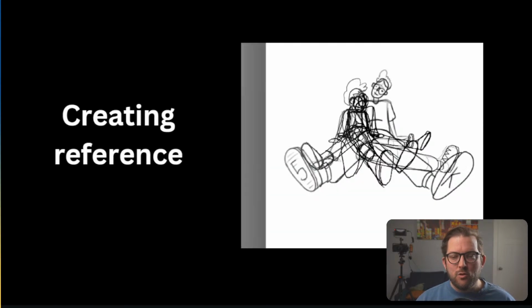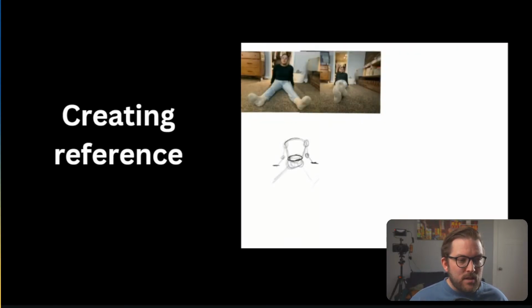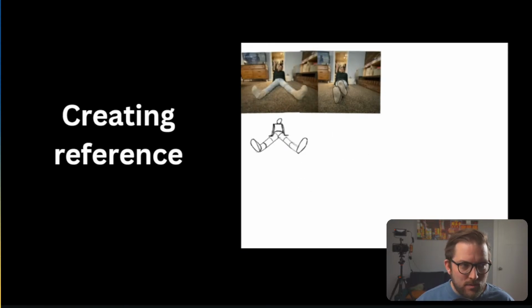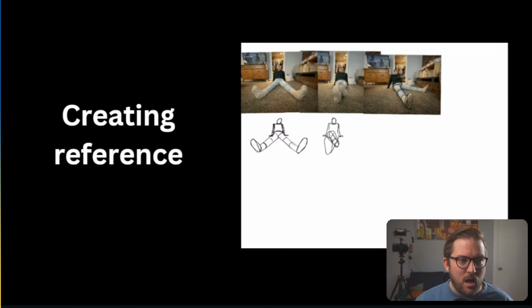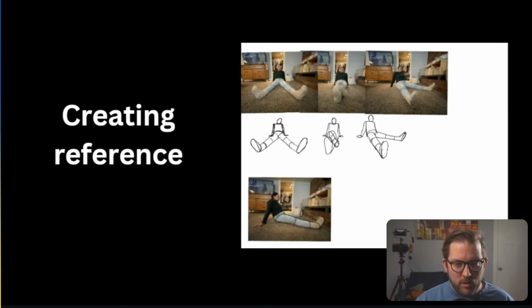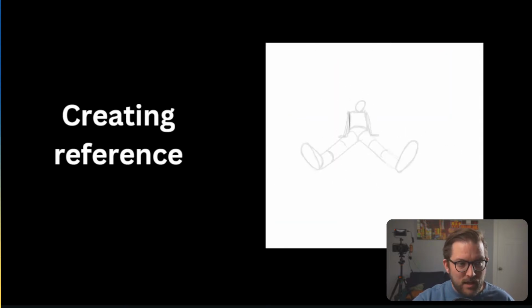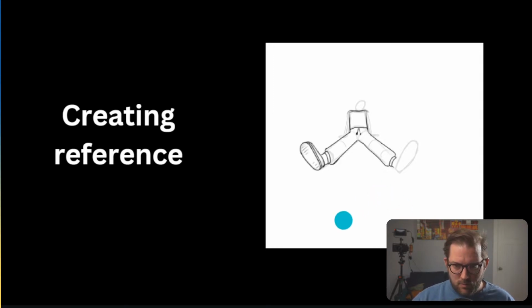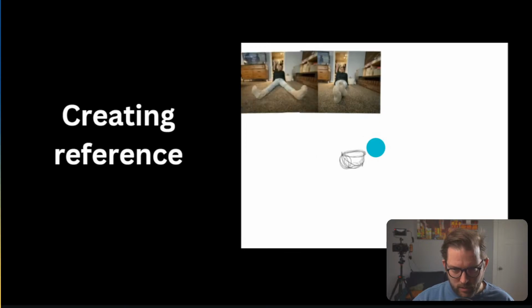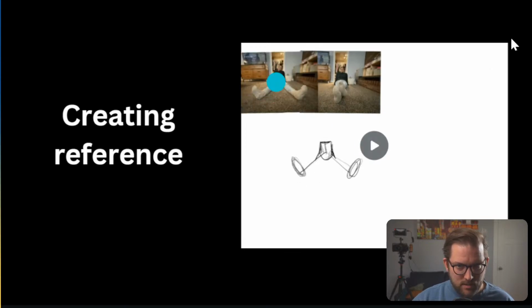So the first thing is to find or gather references. In this case, I didn't want to find references, so I created my own references. I took some pictures. You can see those pictures at the top of my wife in these various poses, just with my phone, and I had her sit there, and then I actually had her move, and then let me just go back here. You can see I started to try to just look at the picture and draw it out, and then I realized really quickly that I just need to trace the shape